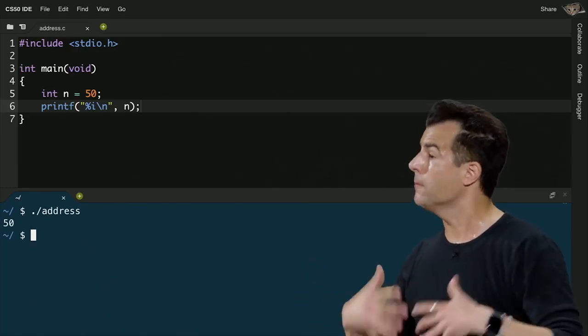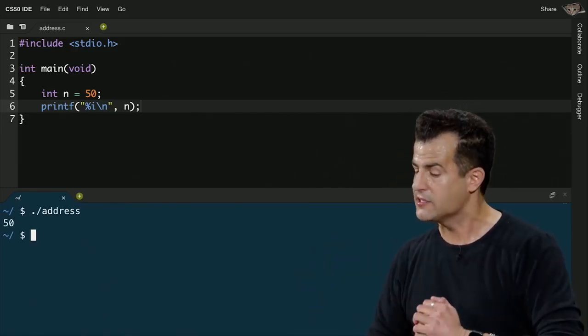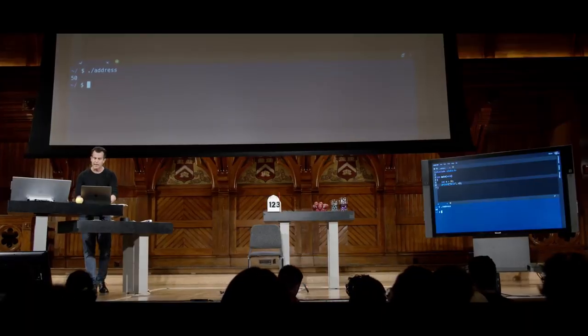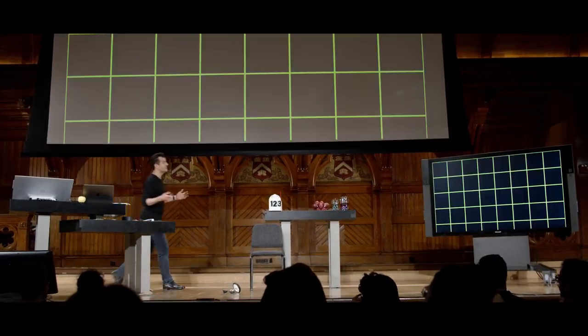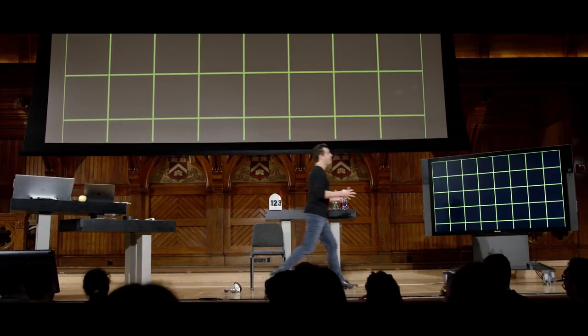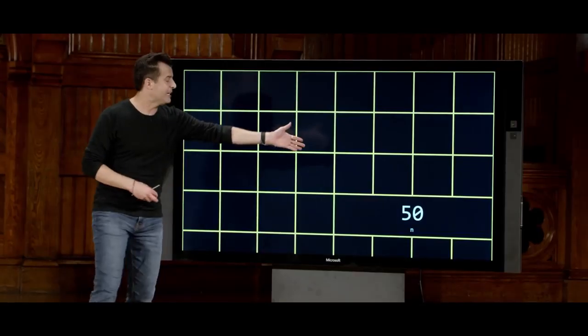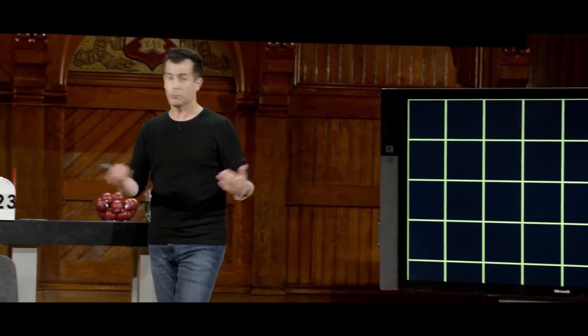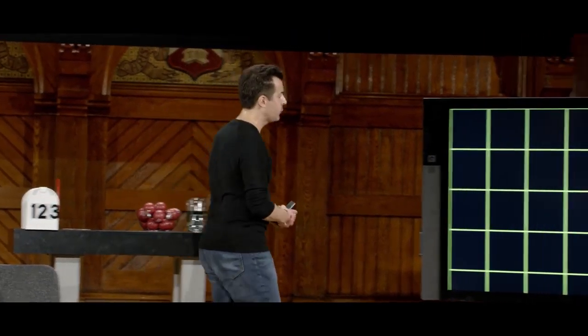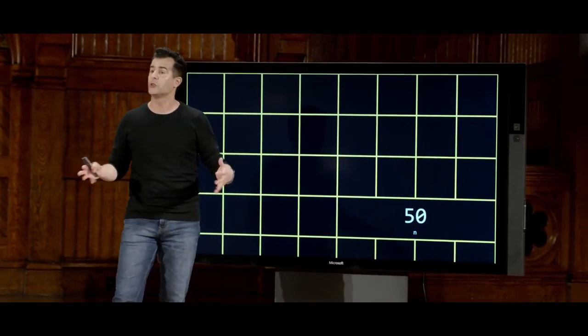All right, so you're probably comfortable with these kinds of exercises thus far, but it turns out that we can now kind of infer what's going on inside the computer's memory. If this, again, is my computer's memory, and somewhere in there I have a variable n, it might take up 4 bytes down there. An int, recall, is 4 bytes. So I'm going to go ahead and use 4 squares on the screen for consistency. I'm going to call it n and just put the number 50.